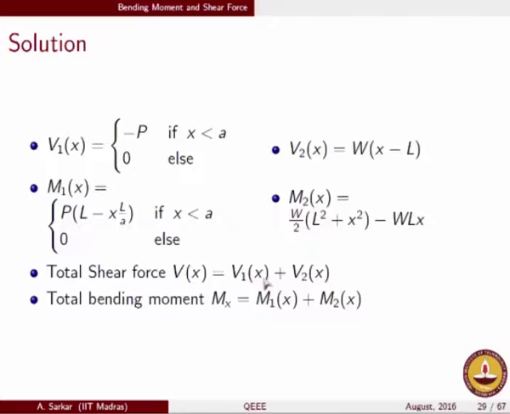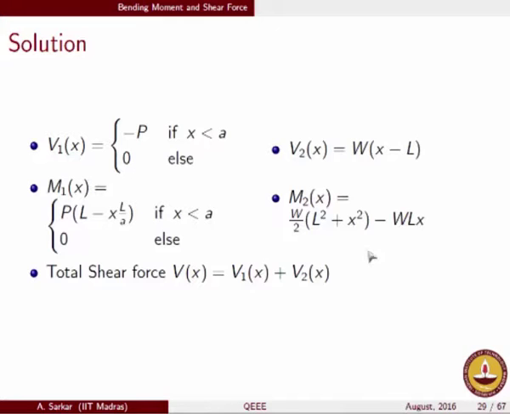There is nothing different between a cantilever with UDL and simple support, other than the fact that the reactions, instead of being forces alone, will be moments. So calculate the reaction force, calculate the reaction moment, and then adopt the same procedure to find bending moment as a function of x. If you remember, all my expressions for bending moment and shear force are functions of x. So it's just the same approach. You have to repeat the same procedure now for